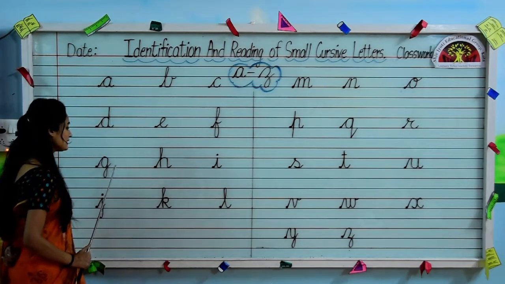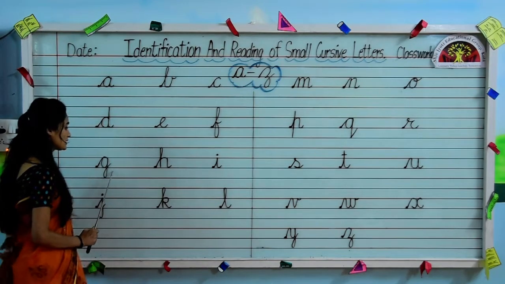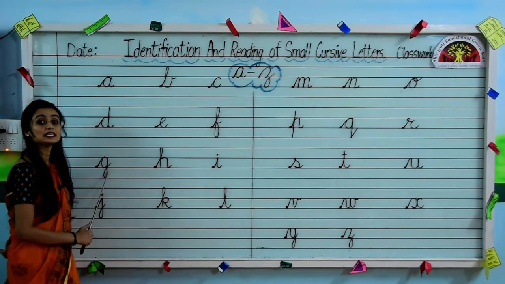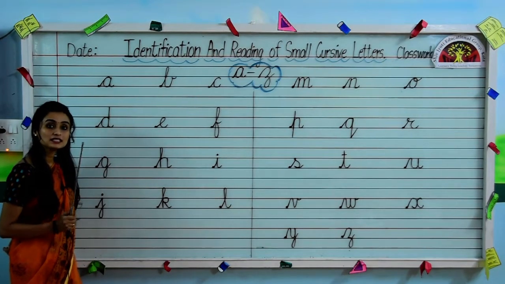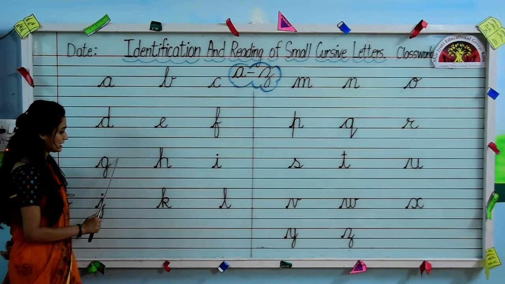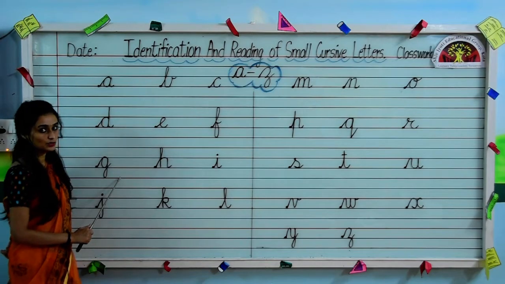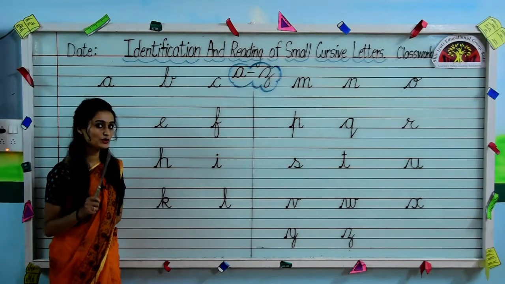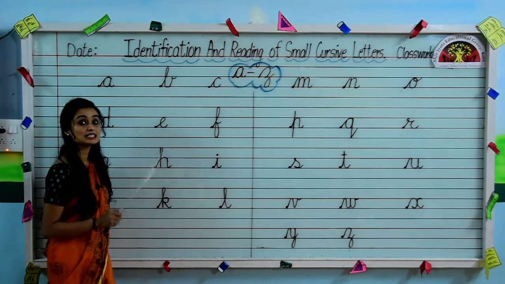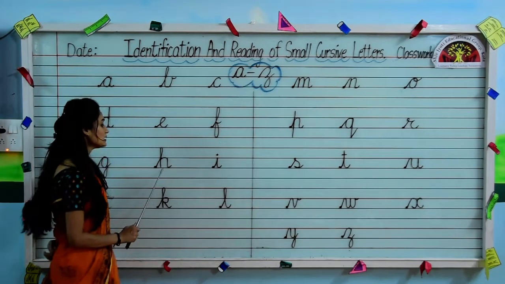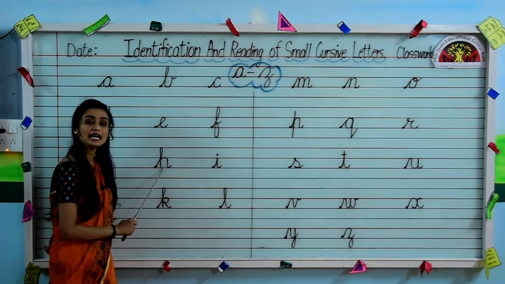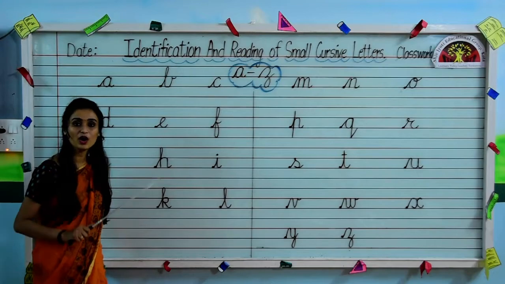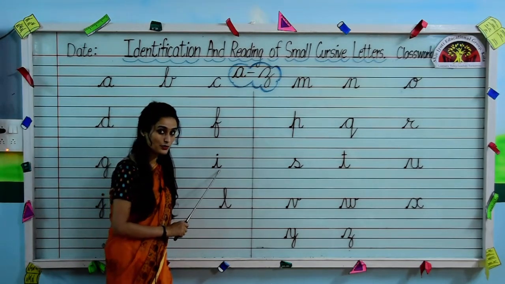Now we'll come on the next line. Tell me first, which is this letter? This one is G. Small cursive letter G. This is written between the second, third and the fourth line. Okay kids? Now jump on the next one. Which is this letter? Yes, you all know it, right? Yes, this is H. Small cursive letter H. H for horse.